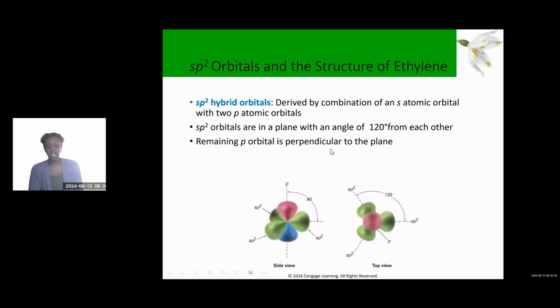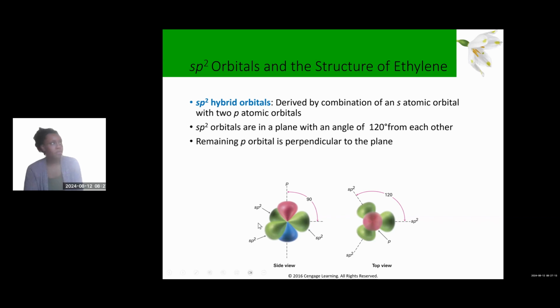All right, so next, let's talk about sp2 orbitals. We just finished talking about sp3. Now we're going to talk about sp2. Now, sp2 orbitals are derived by combination of an s atomic orbital with two p atomic orbitals, okay? So if you look at our structure here, you have